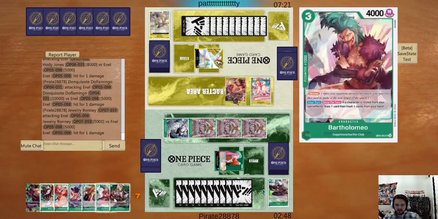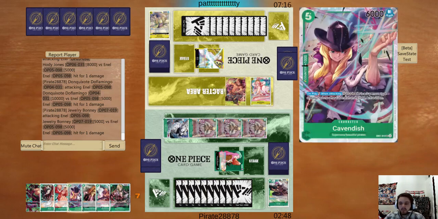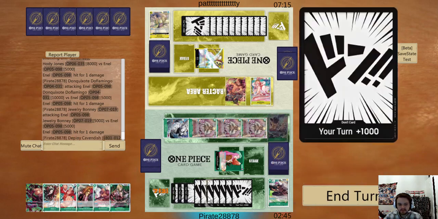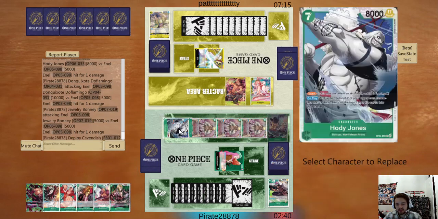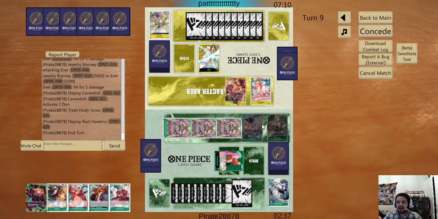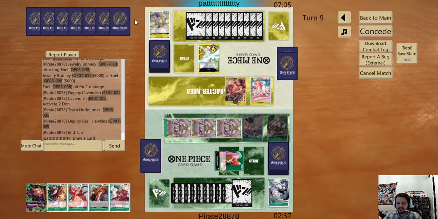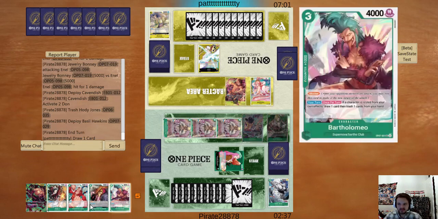And then if I play Cavendish, pay 5, get 2 back, I'm at 7. Play Hawkins, have 1 open. I play Cavendish over Hody, but then Cavendish can... I don't like that because... currently...